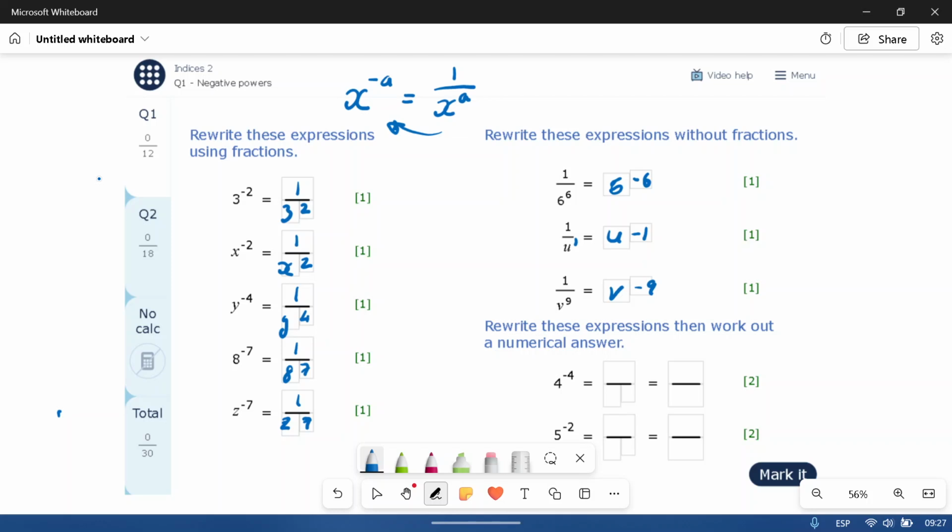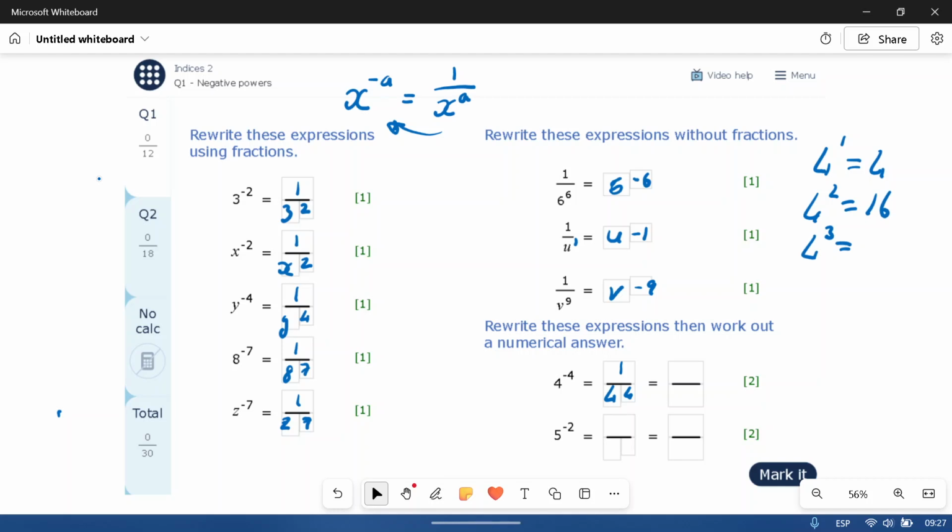This one again, same thing. We write it below the line, but this time they want us to work out the numerical answer, as they call it. So remember, 4 to the power of 1 is 4. 4 squared will be 4 times 4 is 16. 4 cubed will be 16 times 4, which is 64. So 4 to the power of 4 is 256, I believe. If we double that and double it again. So the final answer here is 1 over